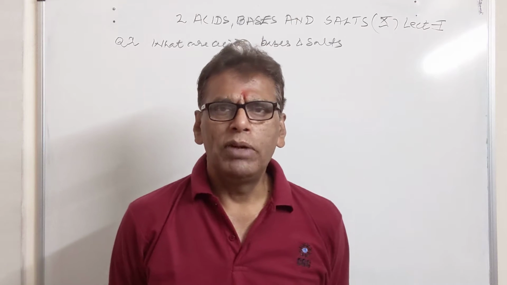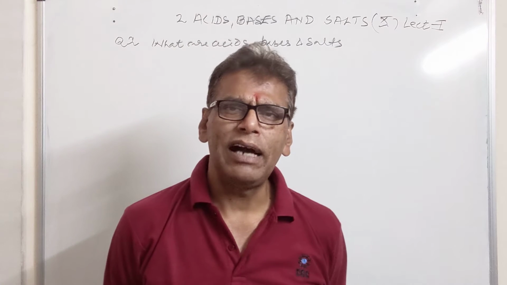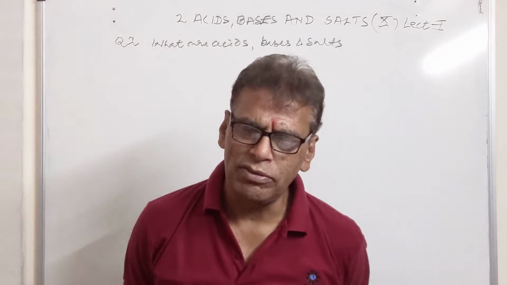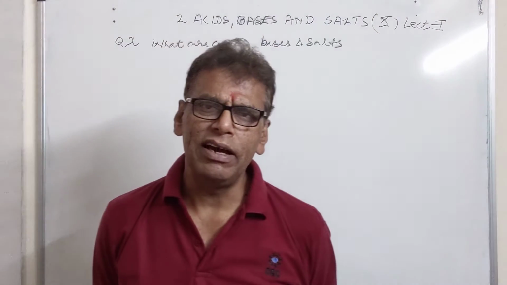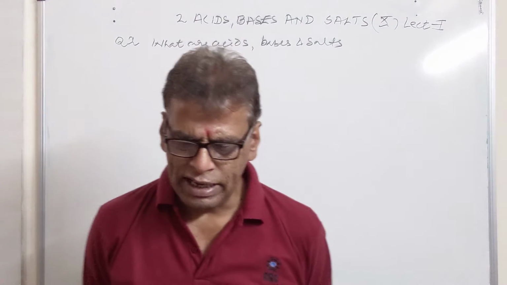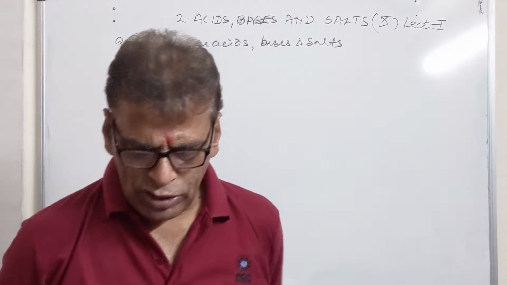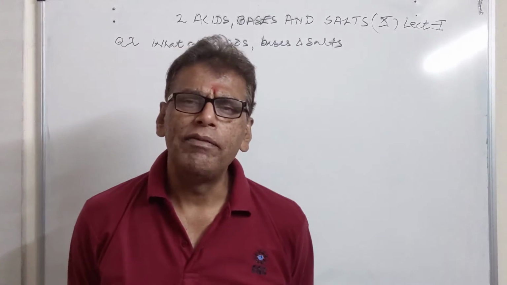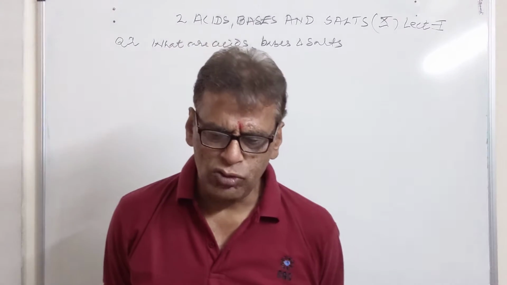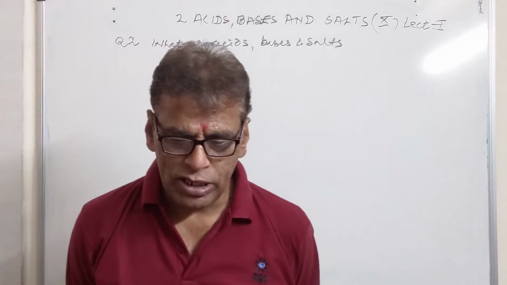Similarly, methyl orange is another indicator which is used to titrate the acids against carbonates or bicarbonates, the substances which produce carbon dioxide on reaction with acids, inorganic acids like HCl, H2SO4, HNO3. So in such cases we use the methyl orange indicator, and it produces the yellow color with bases and the pink color with acids. So these are the four varieties of indicators which we use to test acid and base, and we also use them in the volumetric analysis.